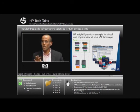With the monitoring, you can manage a whole landscape. It doesn't matter even if it's virtualized or not, using virtual machine technologies from VMware or Microsoft. So from an operational perspective, you get